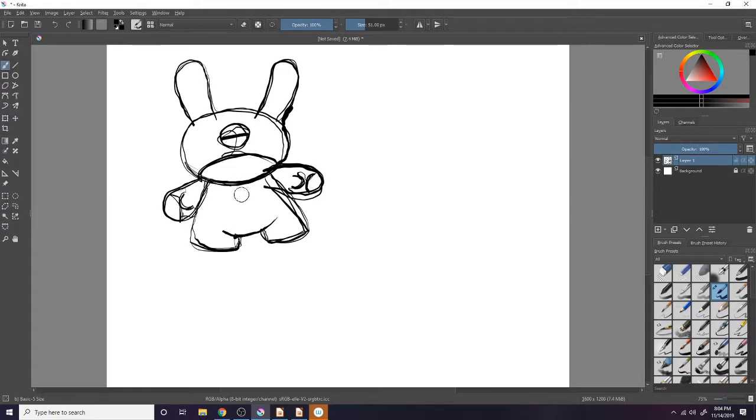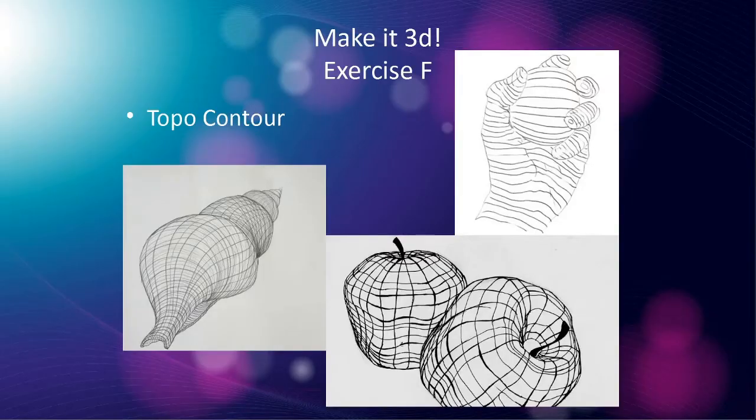All right, how'd you do? How's it feel? Does it look crunky like mine? This is a more difficult one where you draw the contour of your figurine in terms of the outline of the figurine. And then you draw the 3D contours, the curves of the object to try and make it feel like it's coming out of the paper, like it's popping out towards you, right?